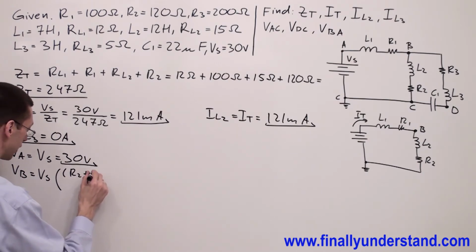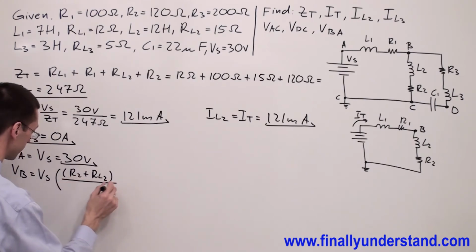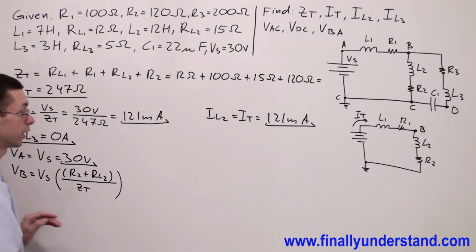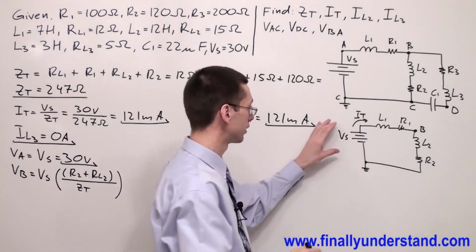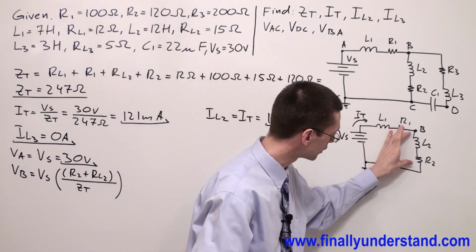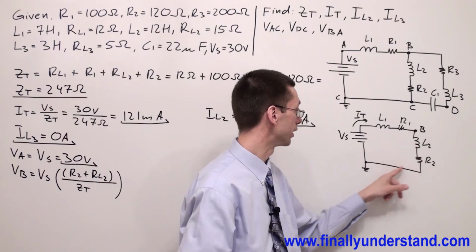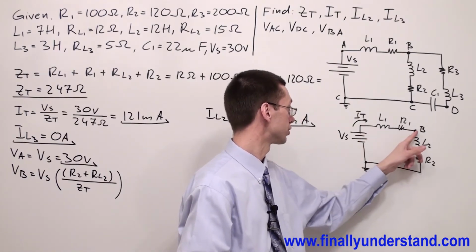So I have RL2 over Z total. One more time: voltage source times the total resistance of these two components divided by total resistance